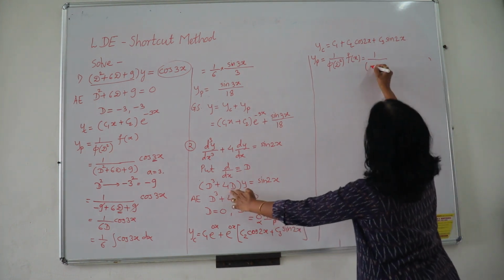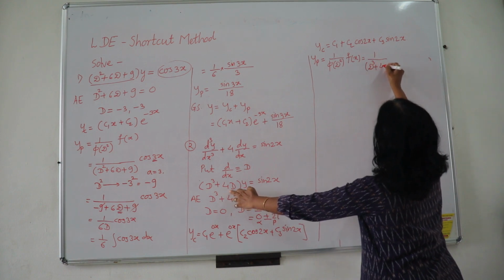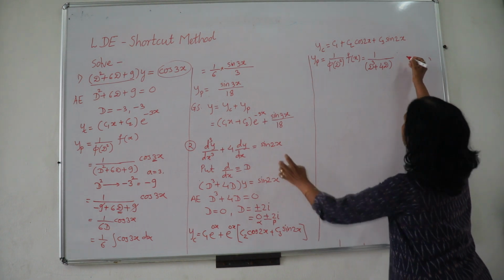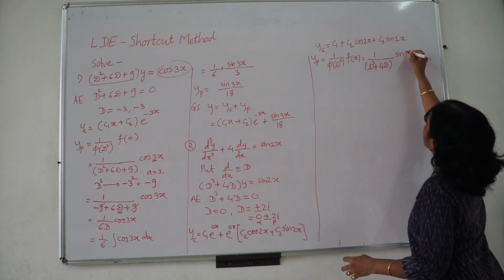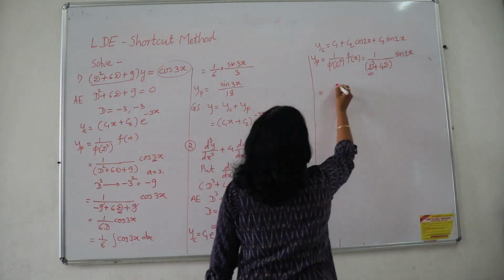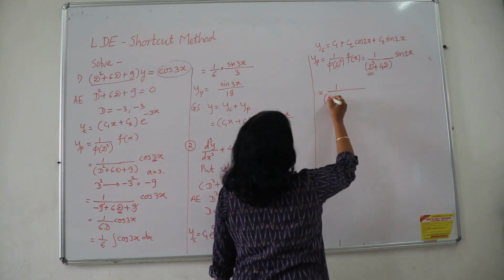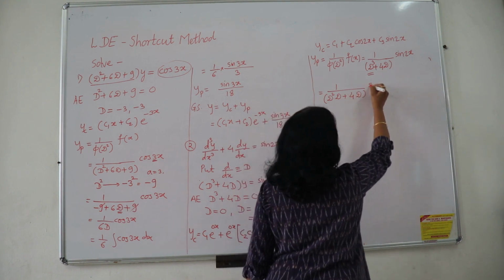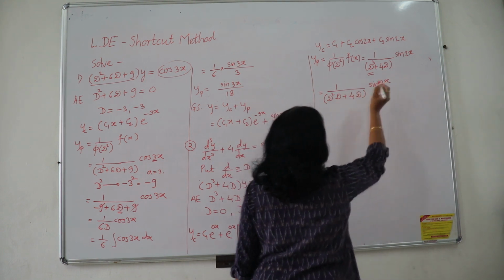So here this is D cube plus 4D, this remaining the same 5D, and what is our function here? Sin of 2x. Okay, now see, I have to split up this D cube here. So this is 1 upon D square, D square multiplied by D, 4D there is no provision to replace, and sin 2x of course is going to remain as it is.